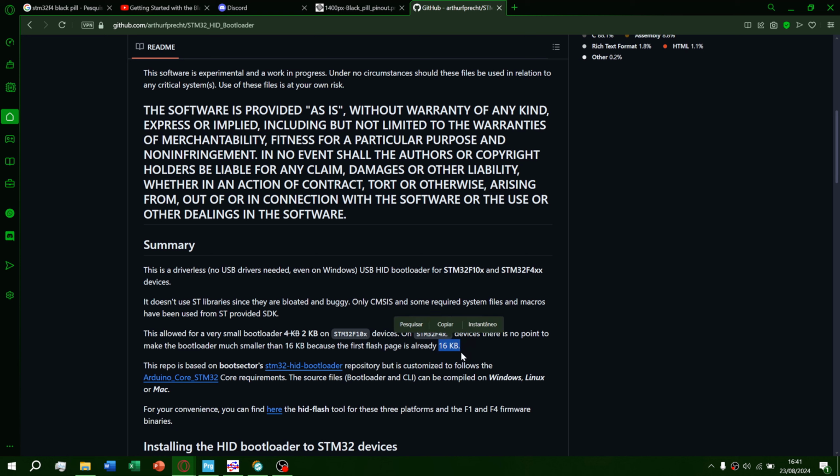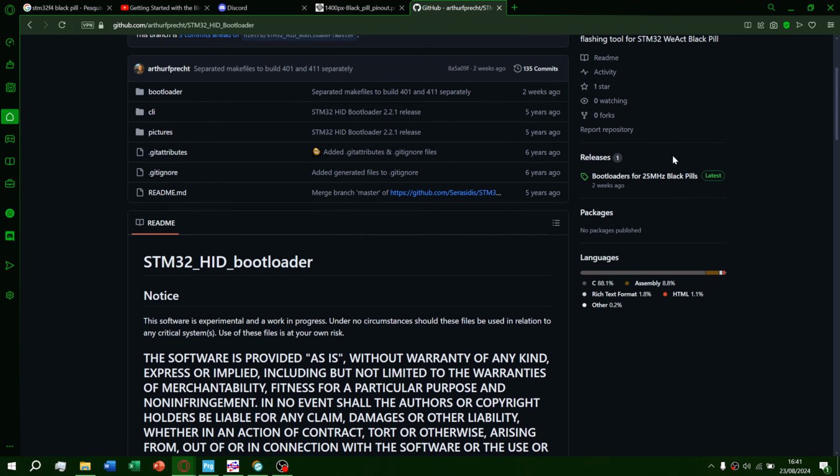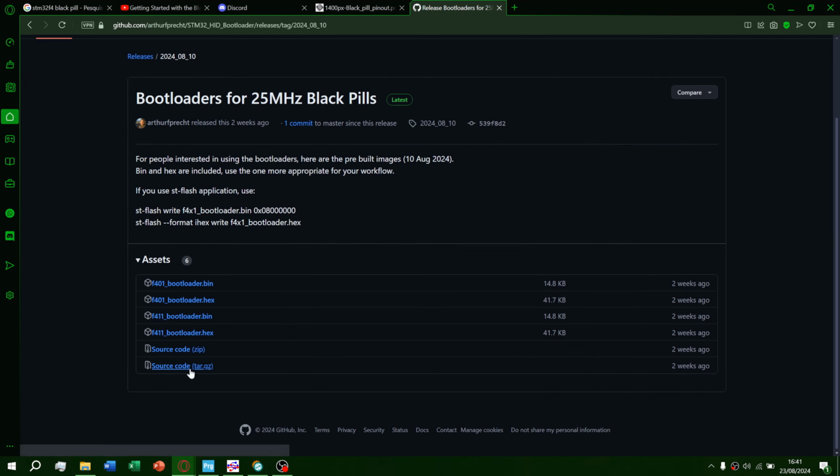They have upwards of 300 kilobytes. Actually, they have more, up to 500 kilobytes of ROM, so 16 is almost nothing. So if you want to install this, the first step is coming to the releases and selecting the bootloader for your